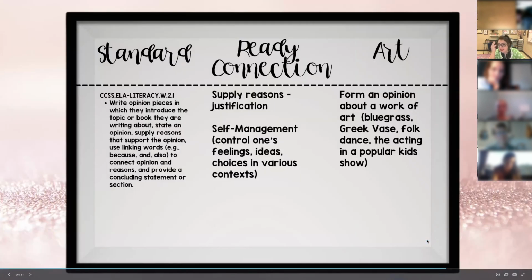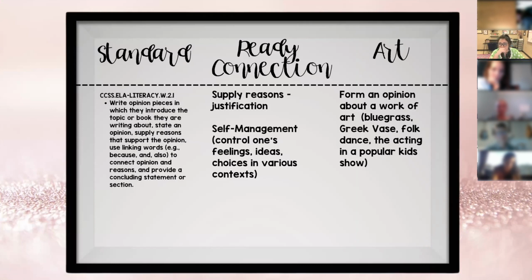So here I have 3 examples of how this looks with this actual standard. I just used all 2nd grade for this. I didn't look at any high school standards for these examples, but this standard is a literacy standard for 2nd grade, write opinion pieces. I know y'all probably have these memorized if you're using this version: state an opinion, supply reasons that support the opinion, use linking words to connect. So they're writing something, and the main verb we're looking at here is write.